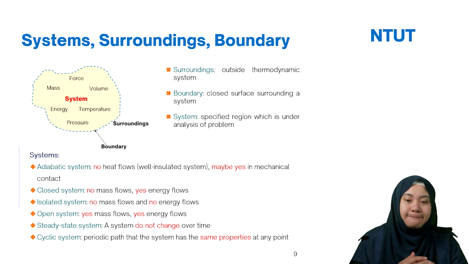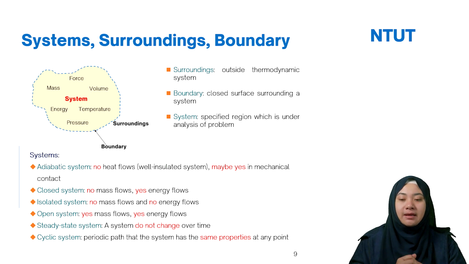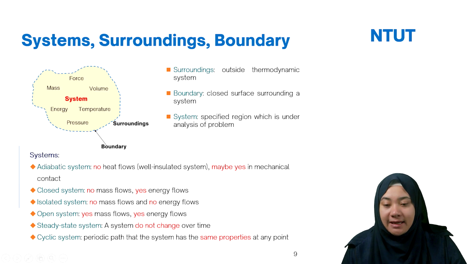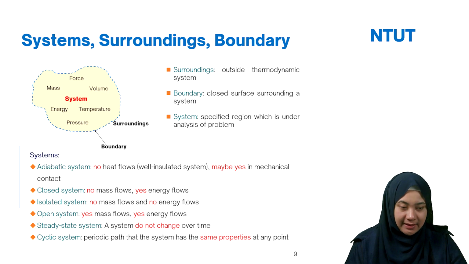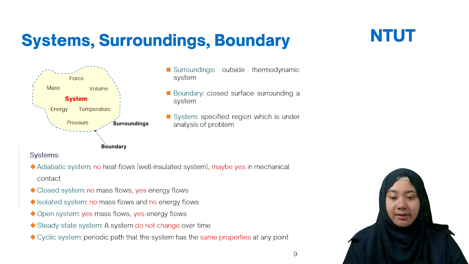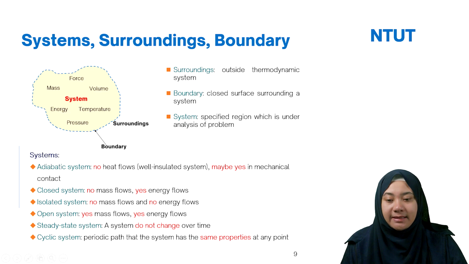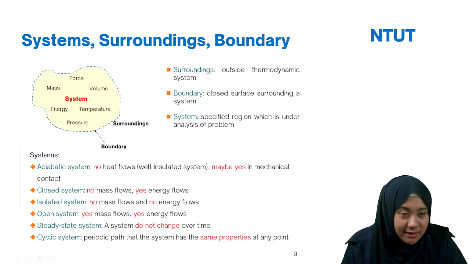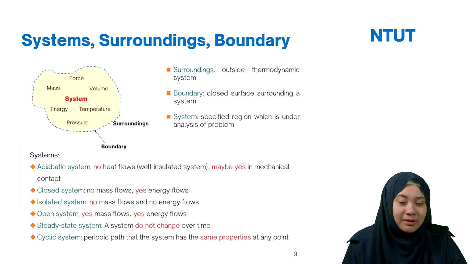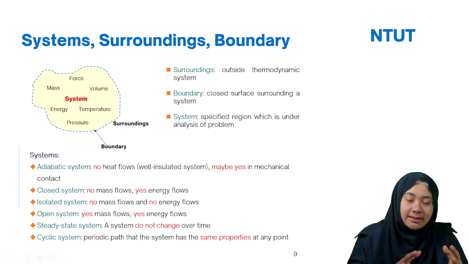And then the system consists of kinds of systems. We have the adiabatic system. When you have a problem, you need to know whether the system is adiabatic, closed, or open. So I hope you don't forget the definitions. Adiabatic system means no heat flow. Here I use red color to let you memorize that it's no heat flow, or a totally well insulated system.